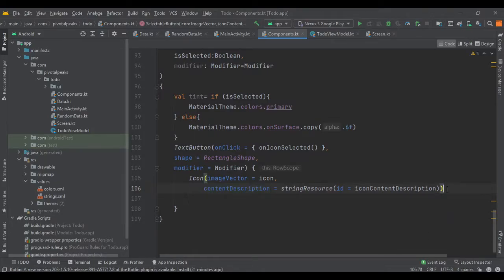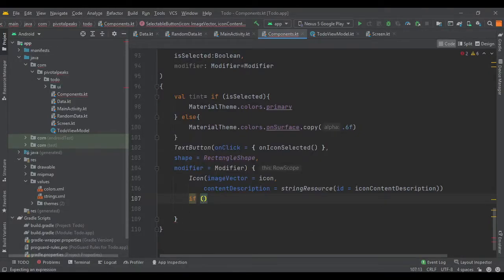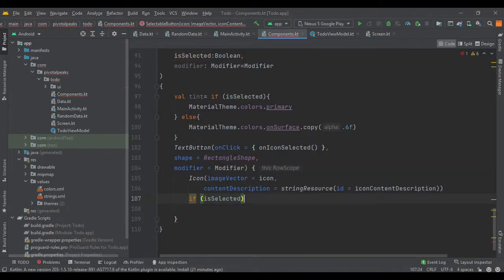Now what we need is a way to underline the selected button, so it will be easier to identify which button we have selected. So let's make an if-else statement. So if isSelected, we will just put a Box.